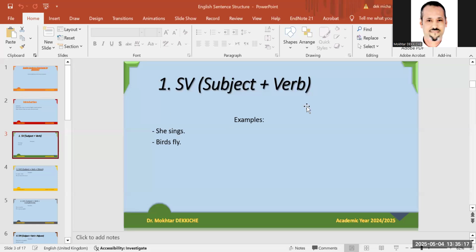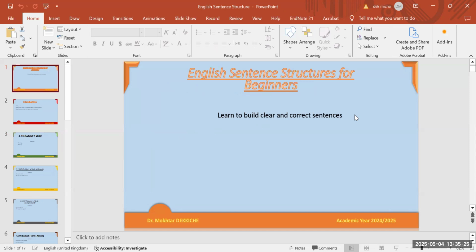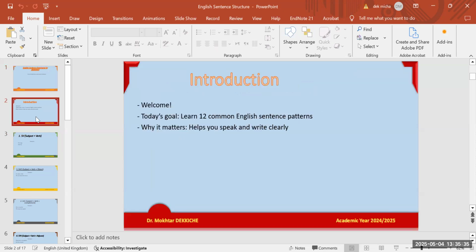As I have said, last time we dealt with English sentence structure. I think that we have seen